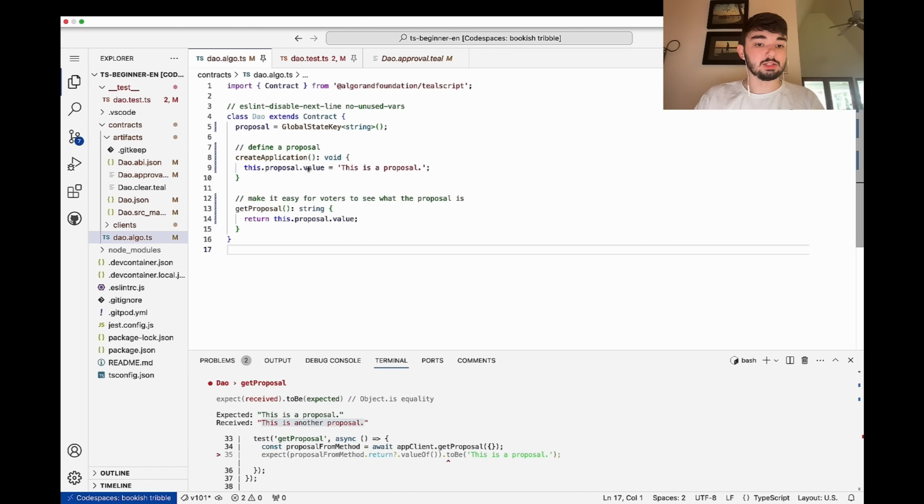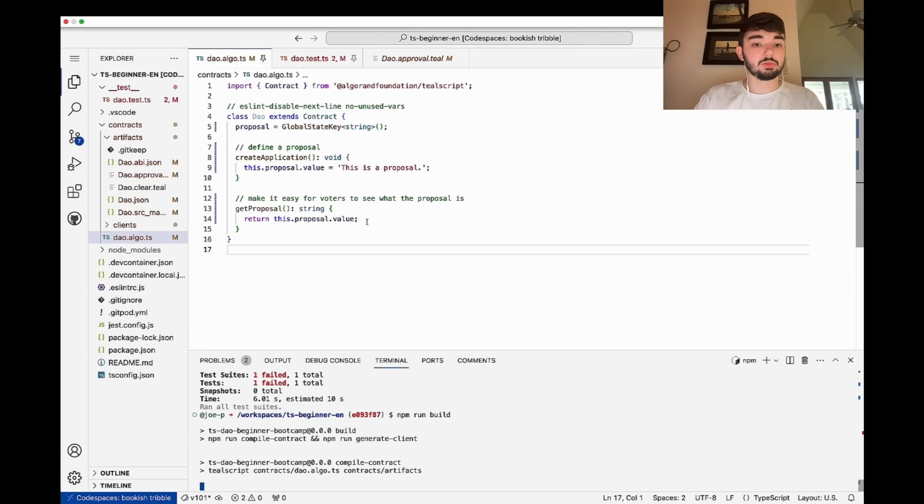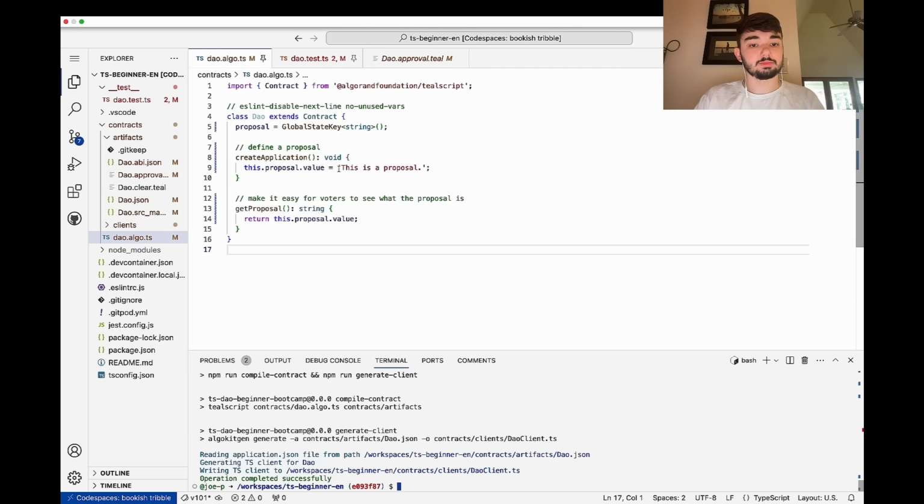Okay, and so now that we've set our dot value, when we create the contract, so if I go ahead and build with npm run build, we're setting our proposal, and when we return it, we're returning it like here. Now the obvious thing is, I said one of the reasons why we want to update this proposal mechanism, and